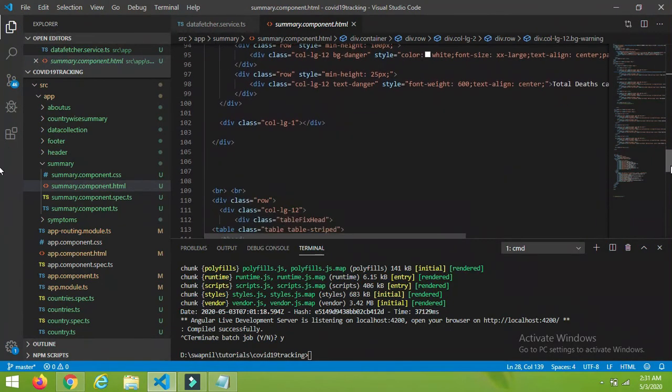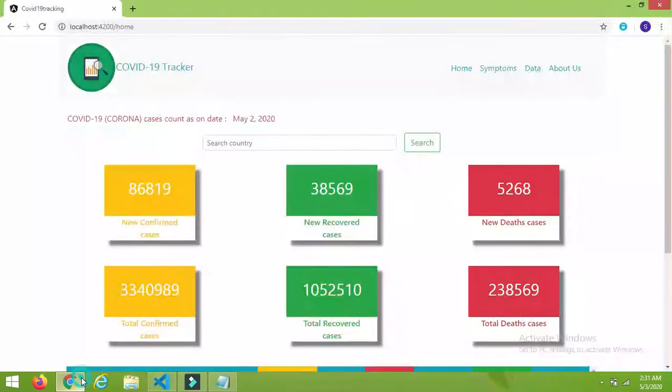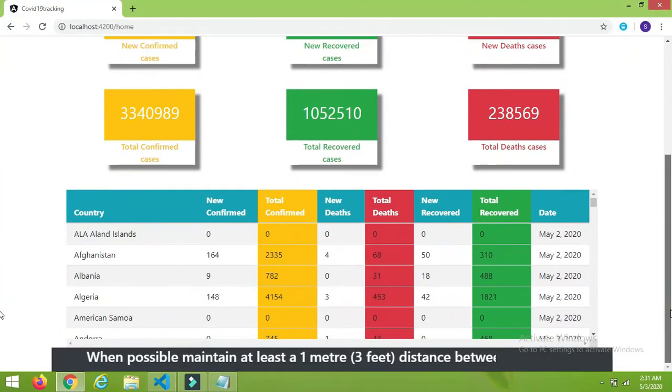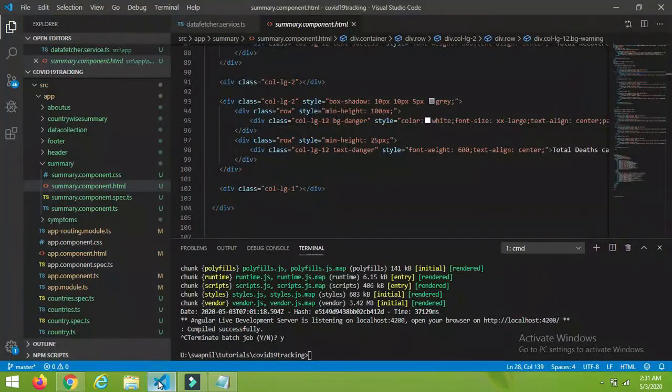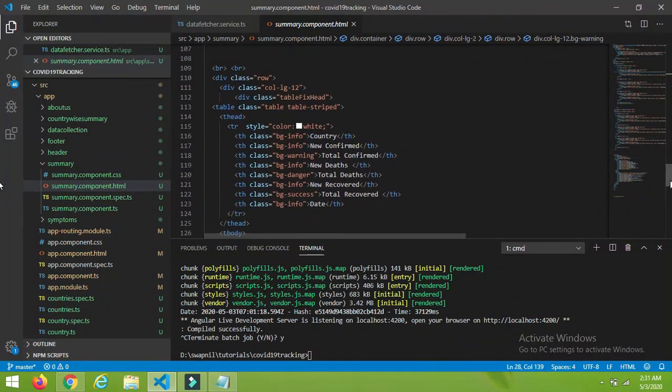Now the second thing remaining is we have to display this table as well, right? We have the data with us, and simply the rendering is remaining. So I have used the table from bootstrap.